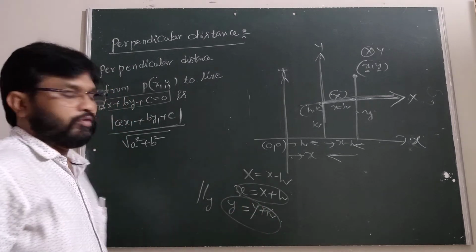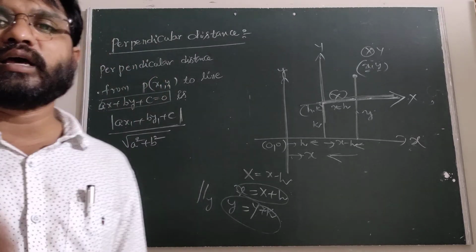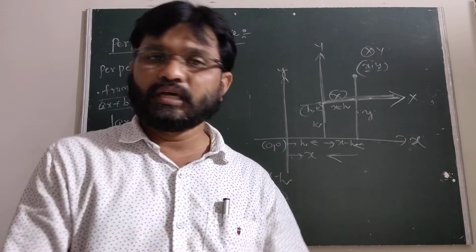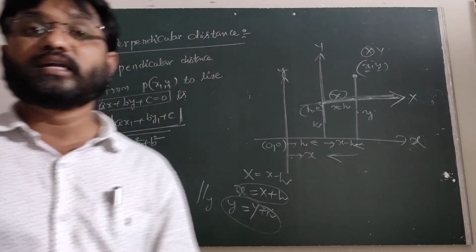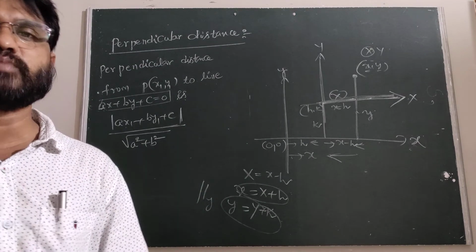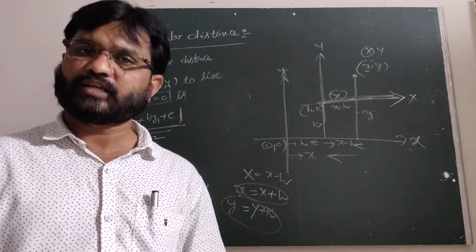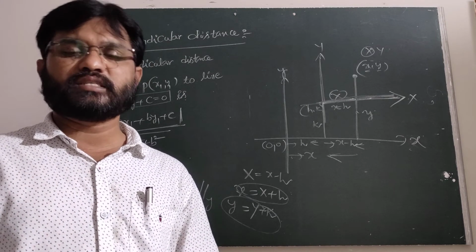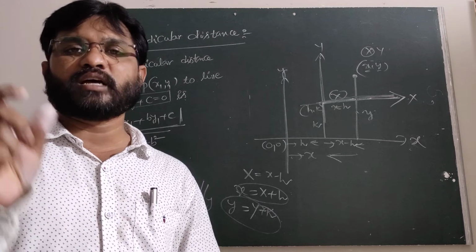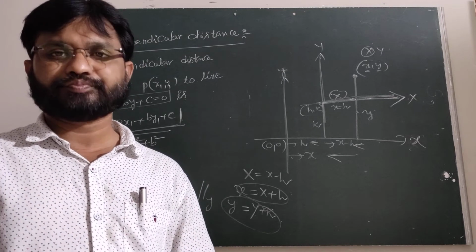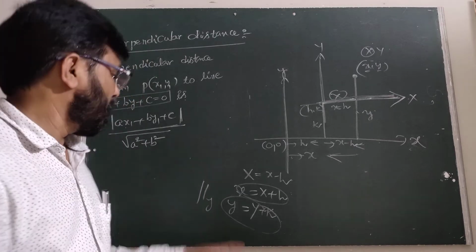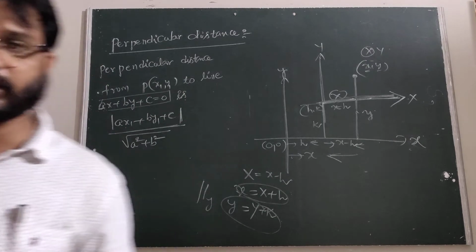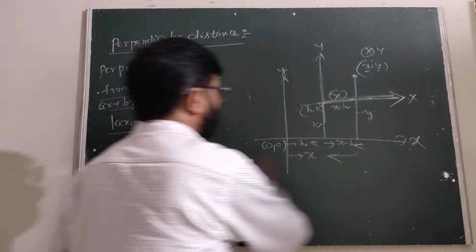Okay. When the axes are translated to another point without changing the directions of the coordinate axes, that transformation is called the translation of axes. Suppose the origin is shifted to another point h comma k, and small x comma small y represents a point with respect to the original axes, big X comma big Y a point with respect to the new axes. Then small x can be written as capital X plus h and small y as capital Y plus k.